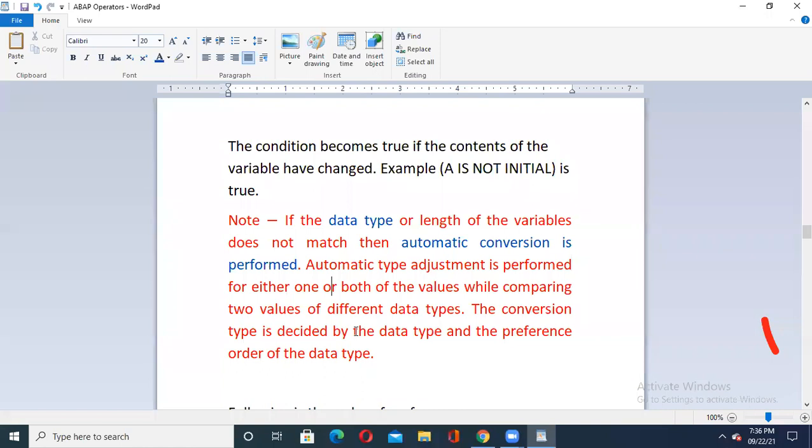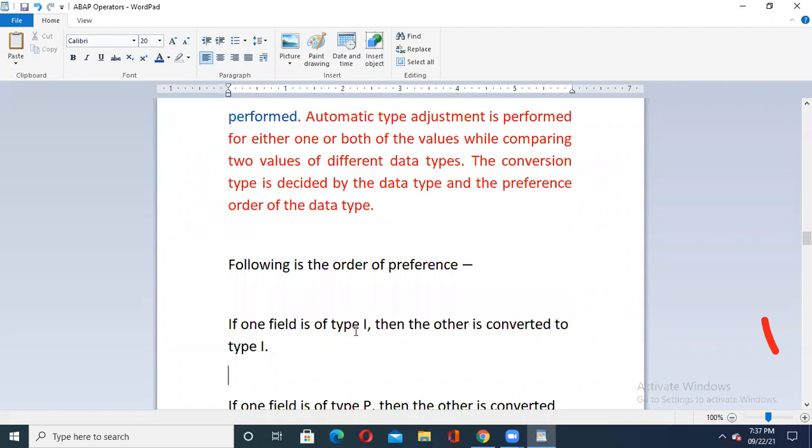If I say somebody's height is 5.5 inch and at the same time I say somebody's weight is 60 kilogram, can I compare the weight with the height? No, it is a complete mismatch. When I compare weight, I must have another weight as my value. When I compare height, I must have another value as height only, no other parameter. So it also works that way, but it is an automatic conversion.